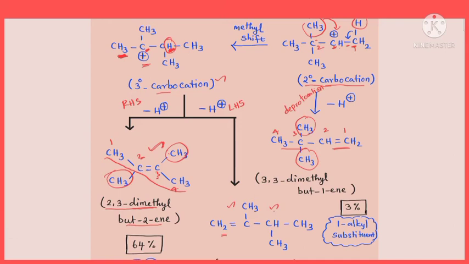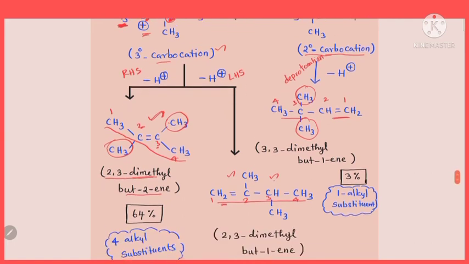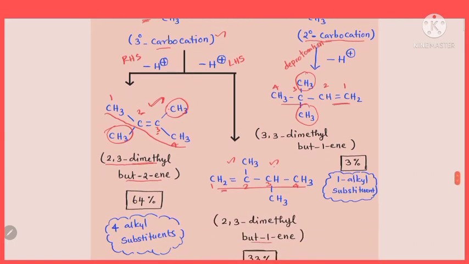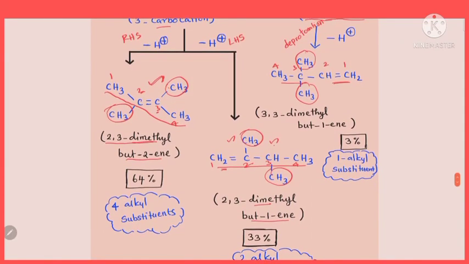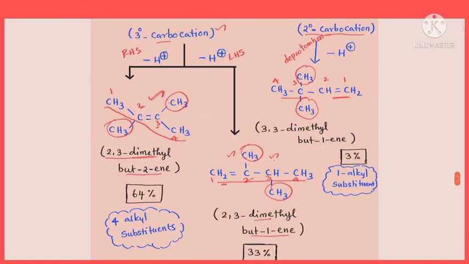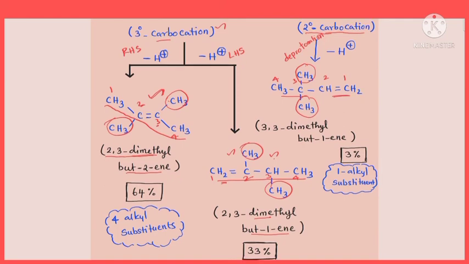major product, about 64%. Okay, I will tell you why that is formed as major. Then suppose the hydrogen present on the left-hand side carbon is removed, probably you get this alkene as product, isn't it? Here the name can be given this way. This is the longest carbon chain, the numbering can be done this way, in the forward direction. This is also an alkene with 4 carbons, so but, with the double bond at the first carbon, so but-1-ene, and these two are considered as substituents. 2 methyl groups, dimethyl. One at the second, another at the third carbon, so 2,3-dimethylbut-1-ene. Okay, this is formed with 33%. Okay, right. So that is how we get 3 different alkenes when 3,3-dimethylbutan-2-ol undergoes intramolecular dehydration.